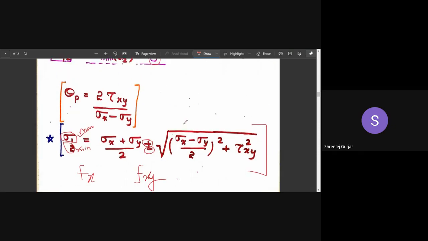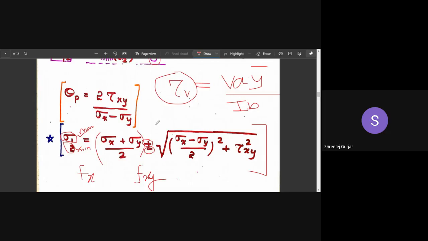One more important equation is tau v, that is VA y bar by IB. So these two equations are very important and required for solving your numericals: this equation for shear stress and the maximum and minimum principal stress equation. Remember sigma x plus sigma y by 2. Similarly, it is the same over here, but with minus sign. This is also squared, and tau xy is inside.